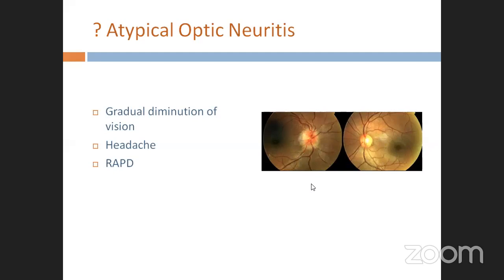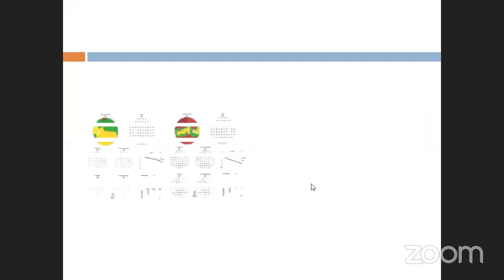What is the cause of atypical? There is a long list of differential diagnosis causes of atypical optic neuritis. We send the patient for visual field. Visual field of the right eye shows upper and lower nerve fiber bundle defect, skip fixation, so the vision is relatively good. Left eye,